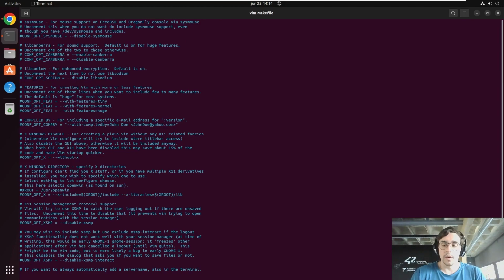Now we're going to line 540, and we're going to activate this line as well. This is just an optional thing, and it is written here, for including a specific email address for the version. This is a command that will let you know which version you have installed of Vim and who installed it. This is just optional, but to change something in Vim, you have to press the E button